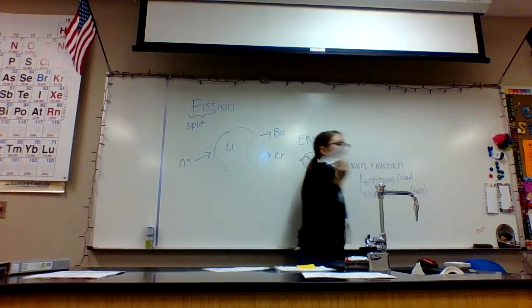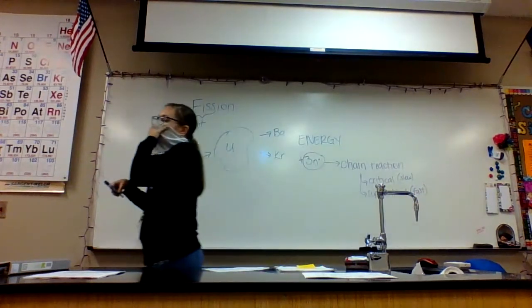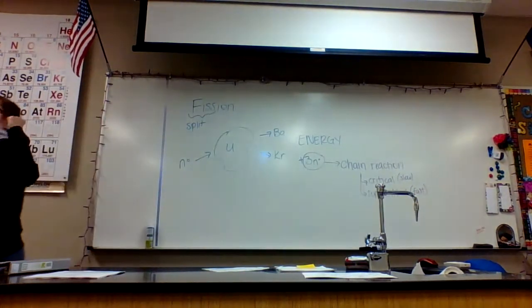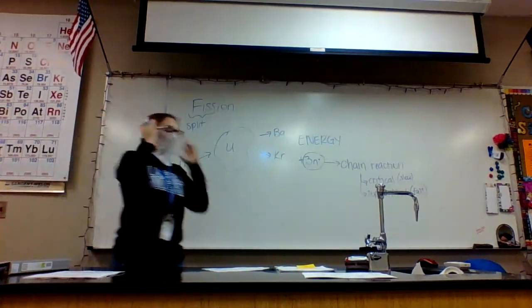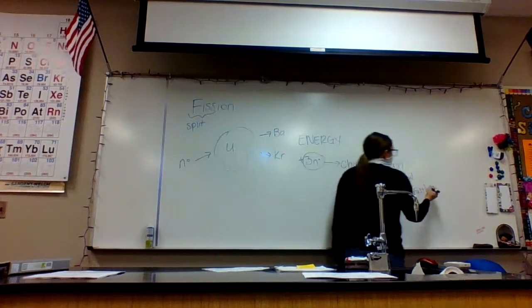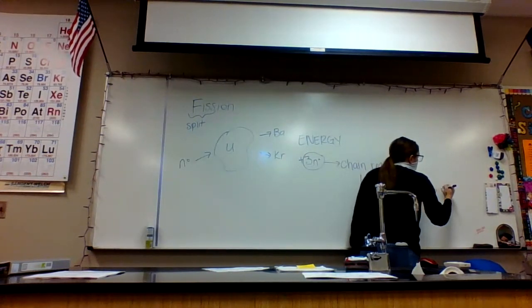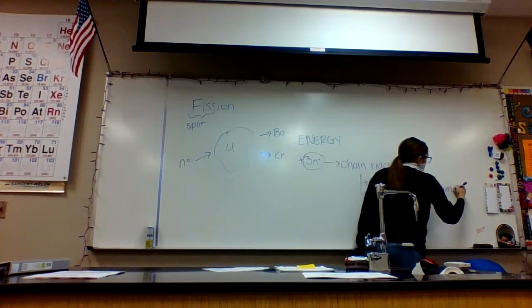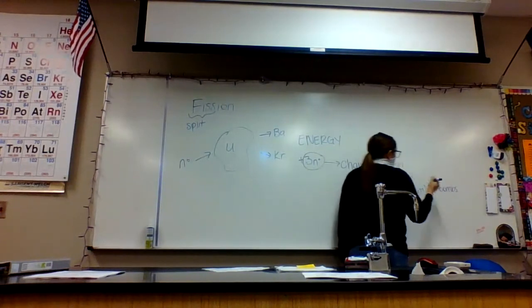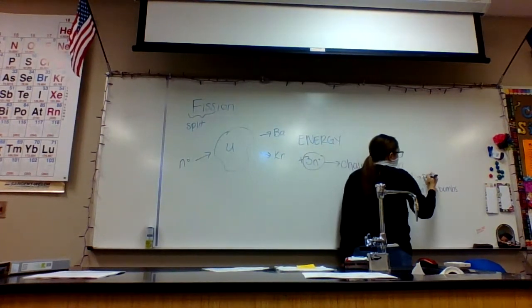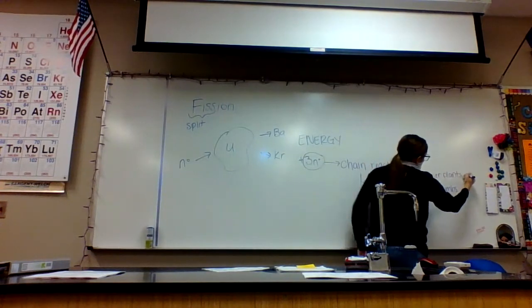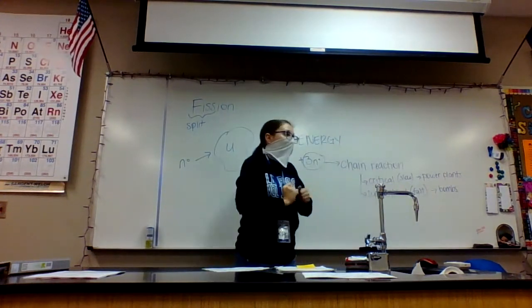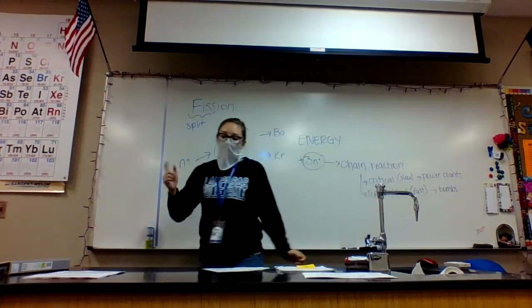Okay, now going back to our note page that we filled out. Out of nuclear power plants and atomic bombs, which one do you think is supercritical? Atomic bombs, okay? If we're going to bomb somebody, you better believe that we are going to make it the biggest and most explosive ever. So critical would be the power plants, because that's more safe and we can control it a little bit better than supercritical.